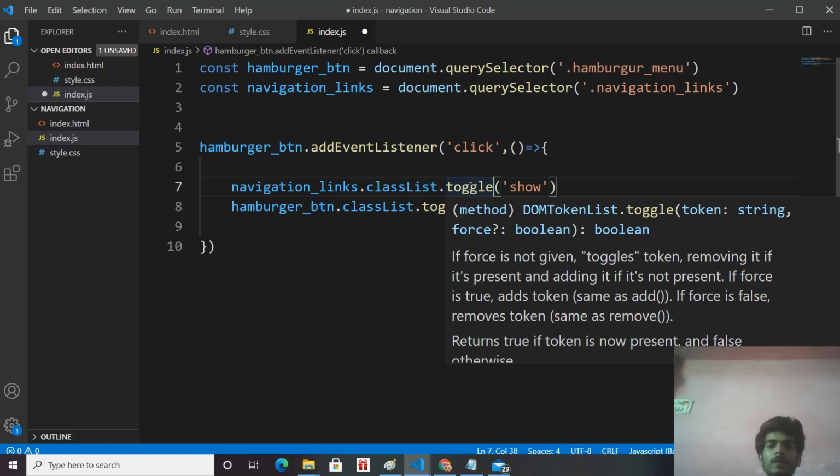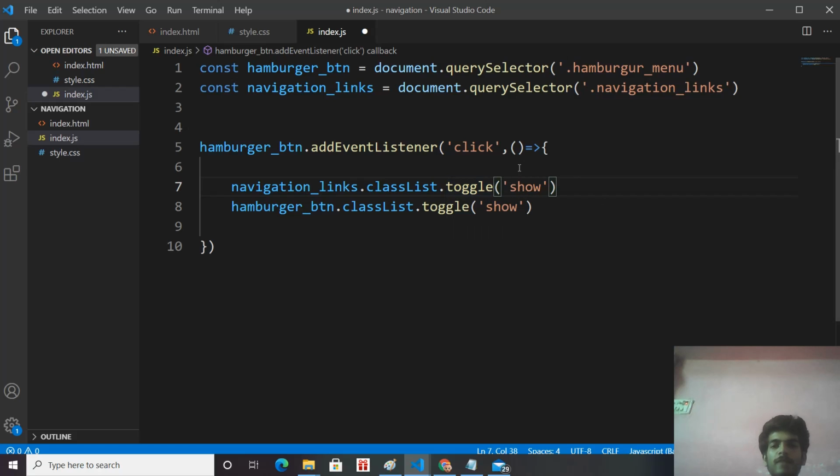When the door is open, it closes. Door means here, when our navigation has show class and we click on it, it closes down. It hides the show class. But when it doesn't have a show class, then it adds show class to our navigation div. So that's why, instead of add, I have given toggle in both the buttons.